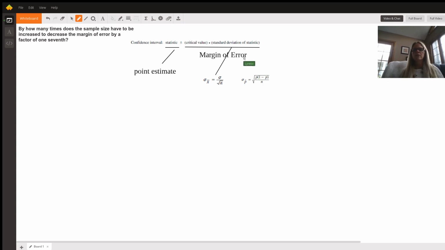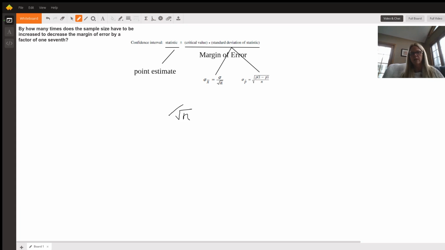If we're looking to construct a confidence interval for a population proportion, then the standard deviation is the square root of the sample proportion times 1 minus that sample proportion, over n. Regardless of which confidence interval we are constructing, we notice that we are always dividing by the square root of n. So if we want our interval to be 7 times smaller, which is the same as saying 1/7 the